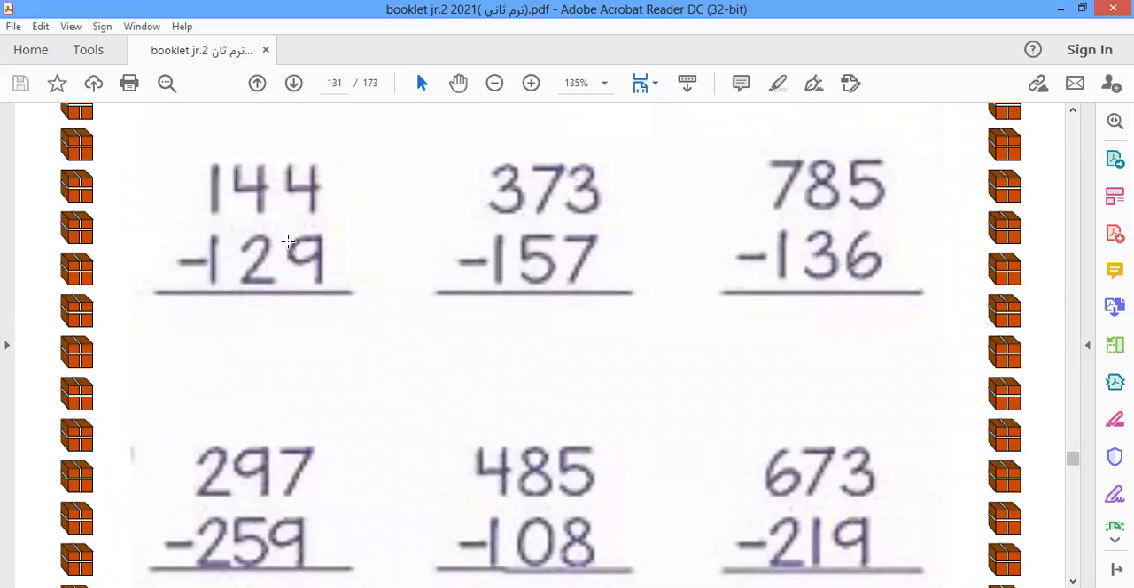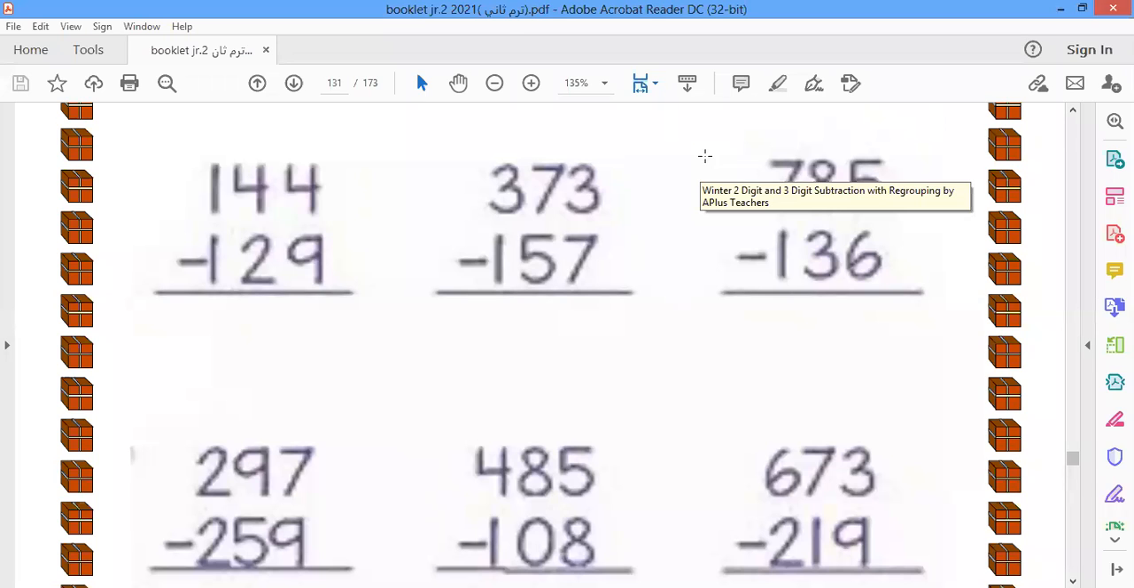144 minus 129. When we subtract, we start with what? We start with ones. 4 minus 9 doesn't work. Here we start with the smaller number. And when we subtract, we must start with the greater number minus the smaller number. So what do we do? We go to what? We go to the next place, which is the tens place,